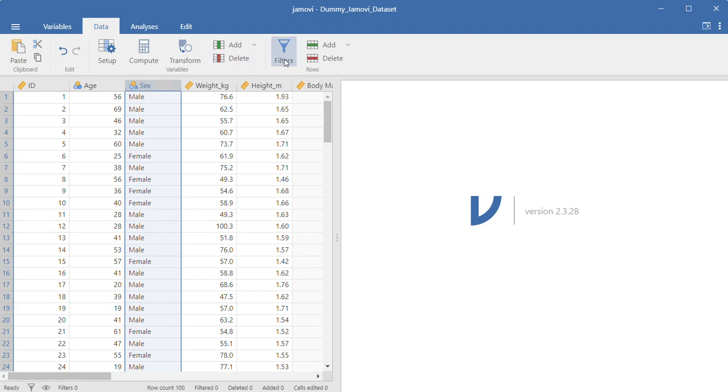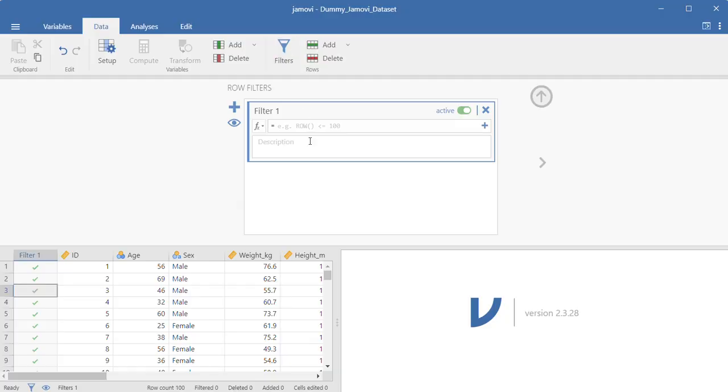So I'll just click here on the filters, and I will write equals to the variable which I want to apply the filter for, which is sex. I will write it correctly, the way it is written here in the dataset, making sure there are no spelling mistakes. Let's say I want to select only the males. So I will click sex, I will give double equals to, and in double inverted commas I will select male,